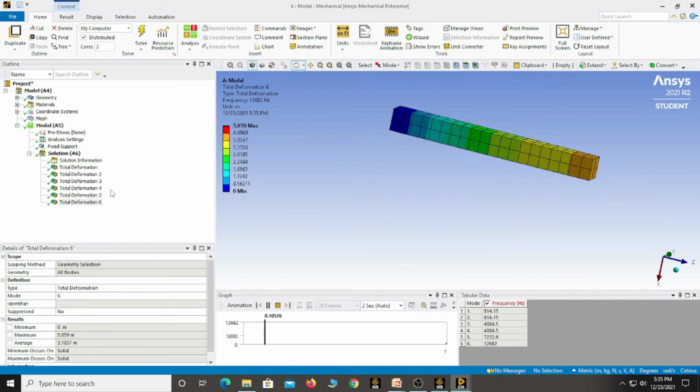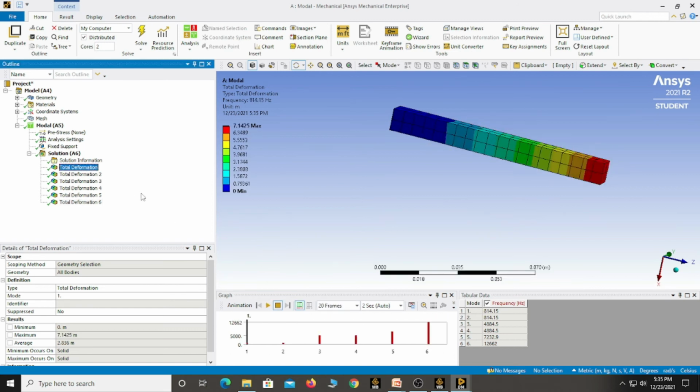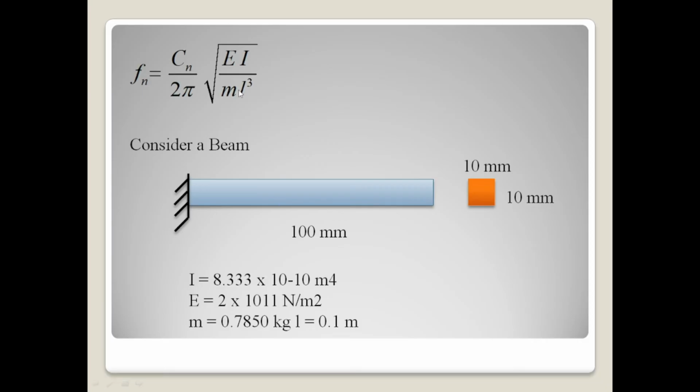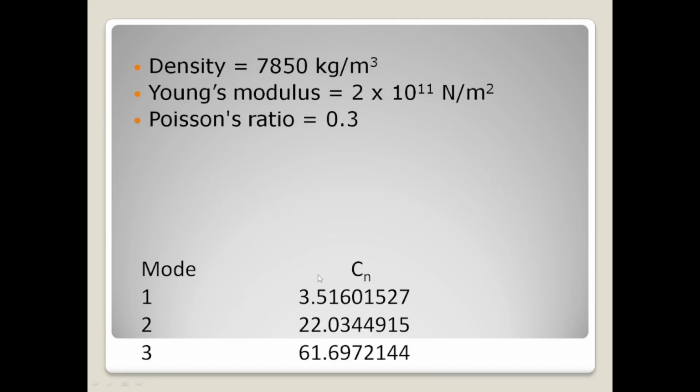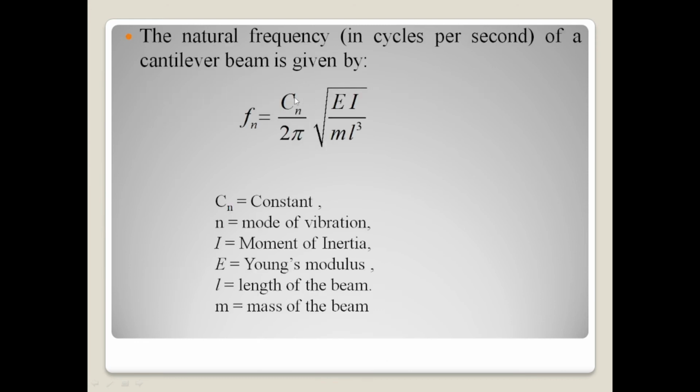Now I am going to consider the first two modes, so we can see the theoretical calculation and compare it. This is the formula to find the natural frequency. These are the constant values. Cn is a constant, and n denotes the first mode, second mode, third mode, like that.